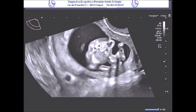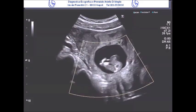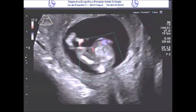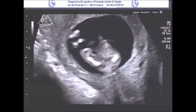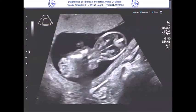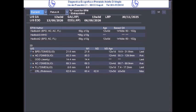Further anomalies were found in the urogenital system. As you can see in this clip, there is a single kidney with normal biometry and echogenicity, and throughout the entire duration of the exam, which lasted well over 30 minutes, an adequate filling of the bladder was never observed. Finally, I would like to highlight one last point, namely the finding of a biometry that was about 1 week behind, even though about a month earlier the patient had undergone an ultrasound in which the CRL matched the gestational